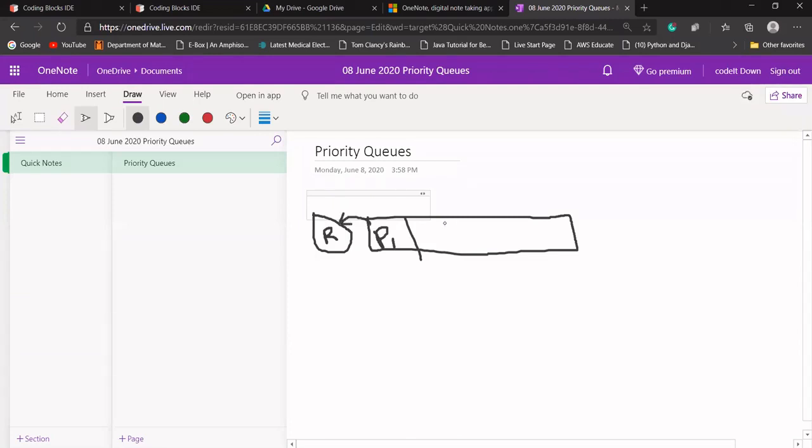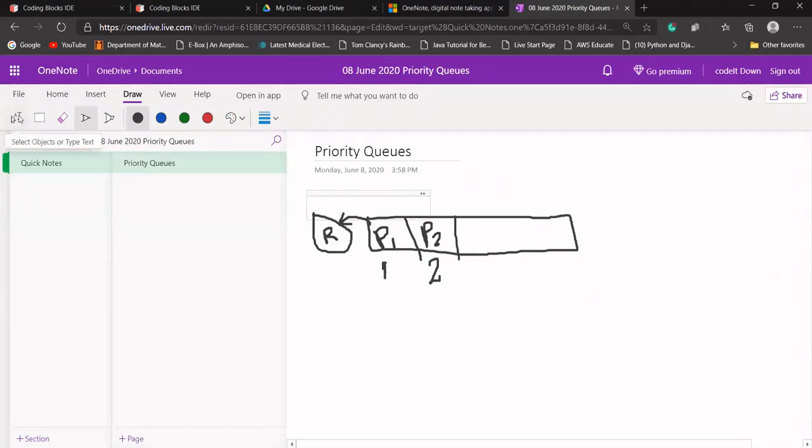Then what we did was check the arrival time of this process. Let's say the arrival time of this process is 1. Let's say at 1 second it came into the queue. So it is going to be processed first, meaning the resource R will be allocated to this process according to its arrival time. But let's say the second process came at 2 seconds. So first P1 is going to execute, after that P2 is going to execute.